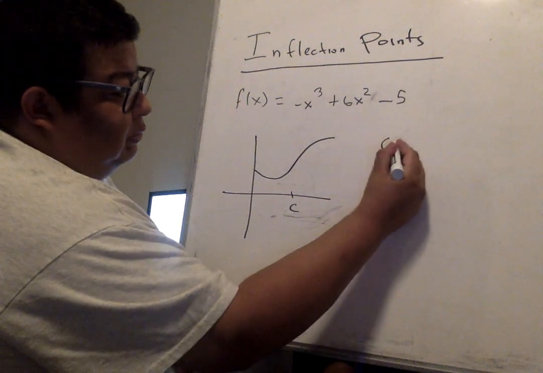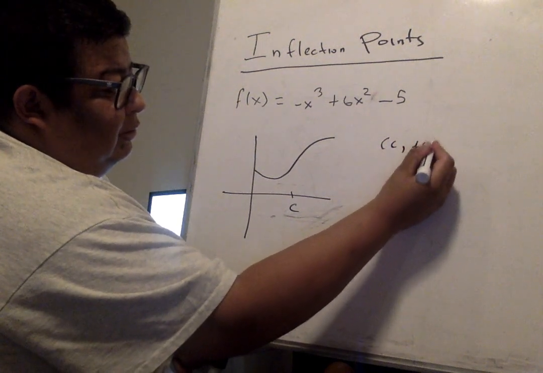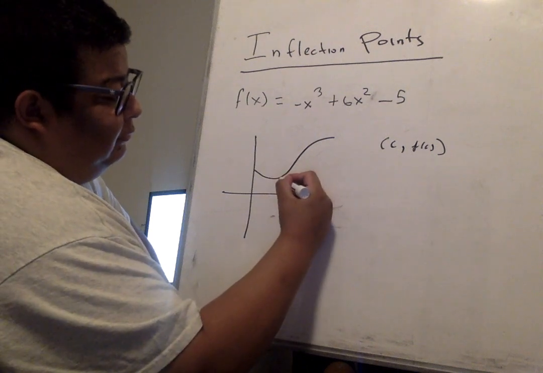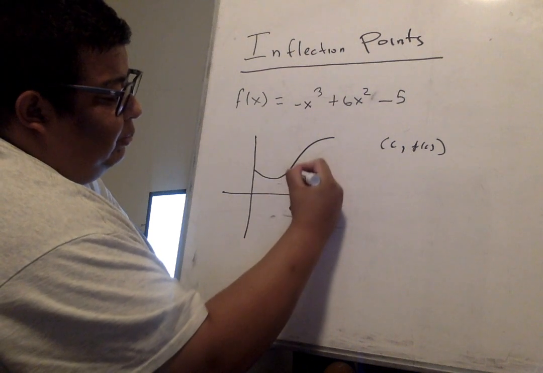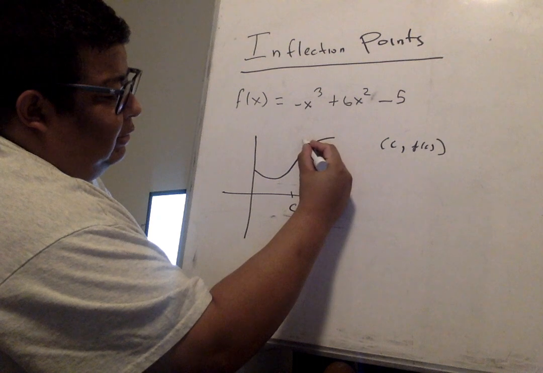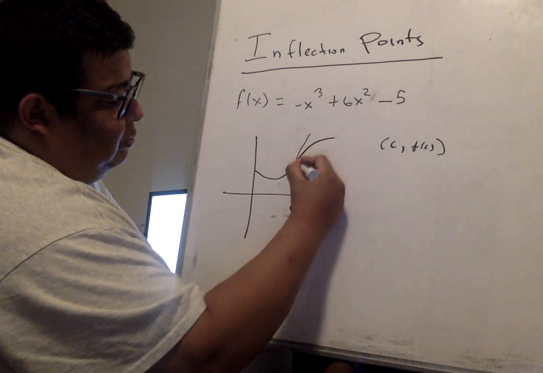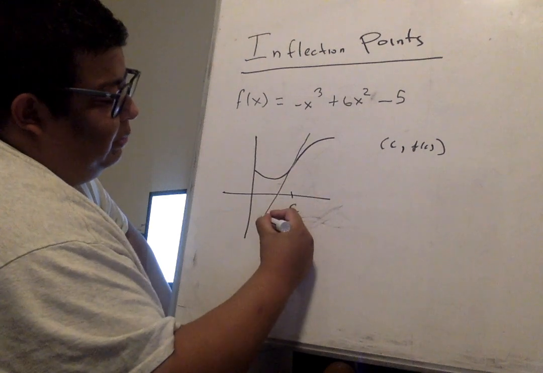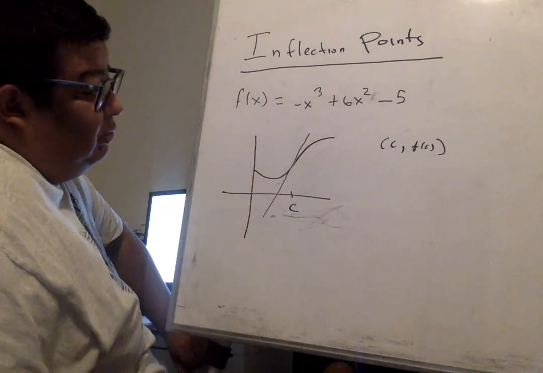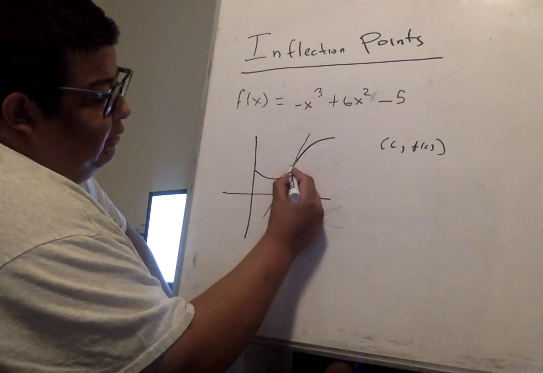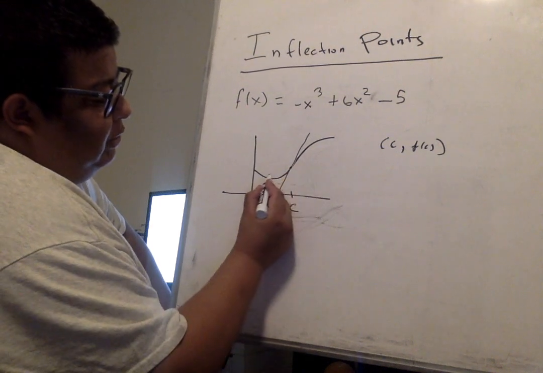So c, f of c is an inflection point if the graph has a tangent line at that point. So here the tangent line is positive, it is increasing, going up. So this point here is called the inflection point, because here we're going